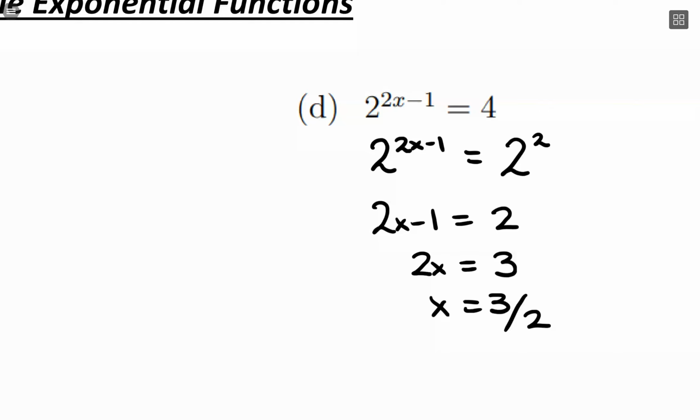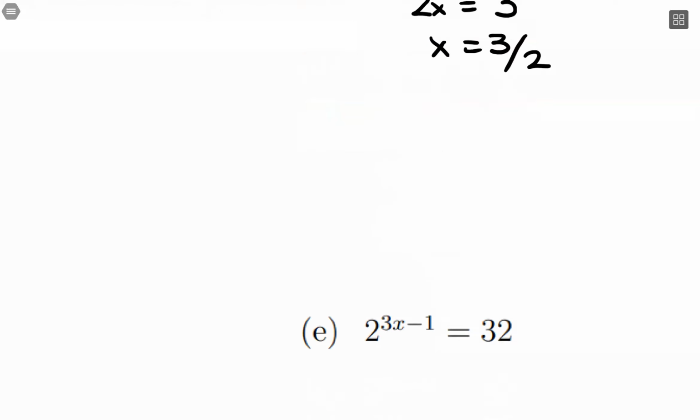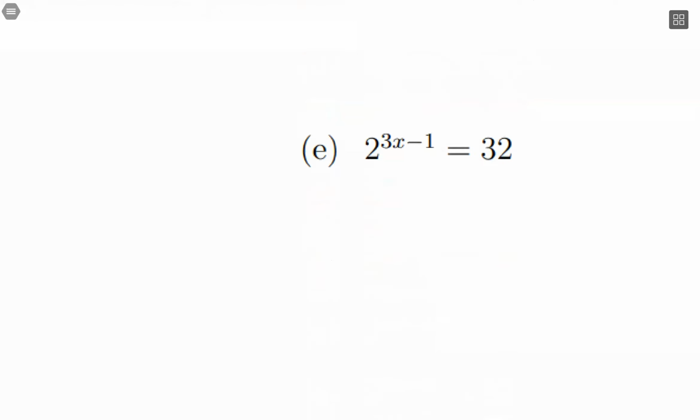And we can do kind of a quick check. If we plug in 3 halves, that'll be a 3 minus 1, which is 2. So 2 squared is 4. Perfect. All right, this next one, we'll have 2 to the 3x minus 1, and then 32 is the same